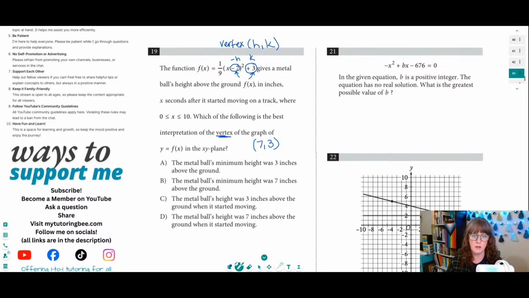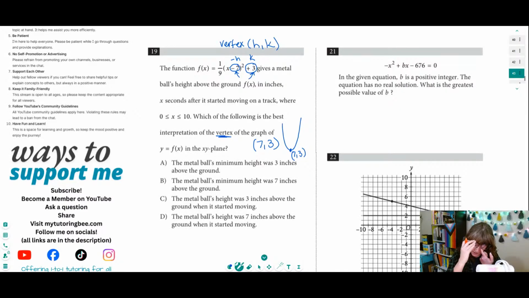So then another thing that we notice about this is that we do have a positive a value. This number, in this case a fraction out in front of the parentheses, is positive. So that means that our graph is opening up, right? These types of problems give us this parabola shape. And so that means that this point right here is at 7, 3. That's our vertex. That's sort of like the point where it starts to change direction.